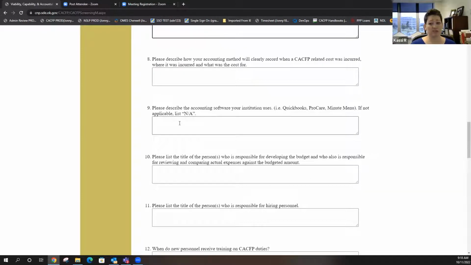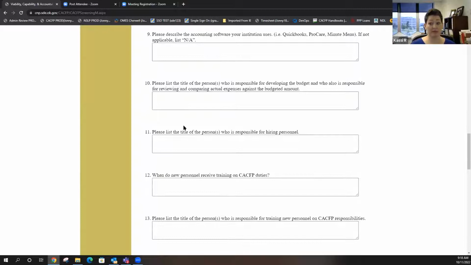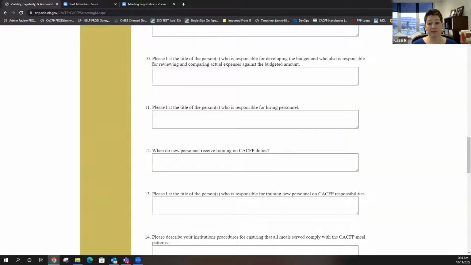Numbers 8 and 9 didn't change, but still please read through them and make sure you don't need to update anything. The major changes we did make would be on number 10, 11, and 13. Last year we said, please list the name and the title of yada, yada, yada. You do not have to list a name now. We realized that was too much, especially last year. We were painfully aware that nobody stayed fully staffed, and to require you to list the name of a vacant spot sometimes was not feasible. So we just need the title of the person who would be responsible for doing these certain things.